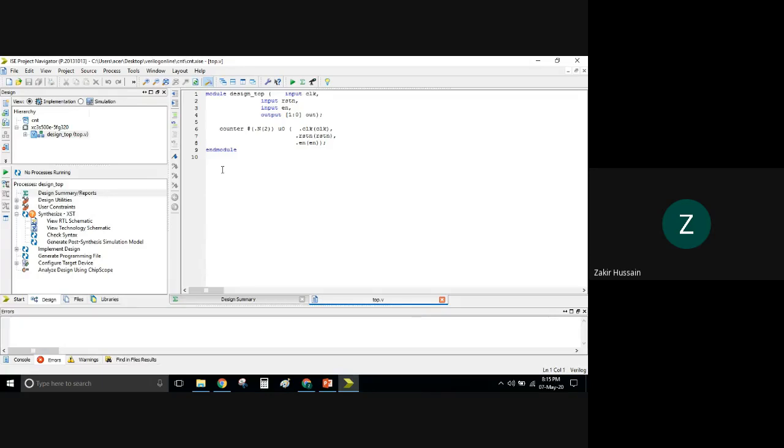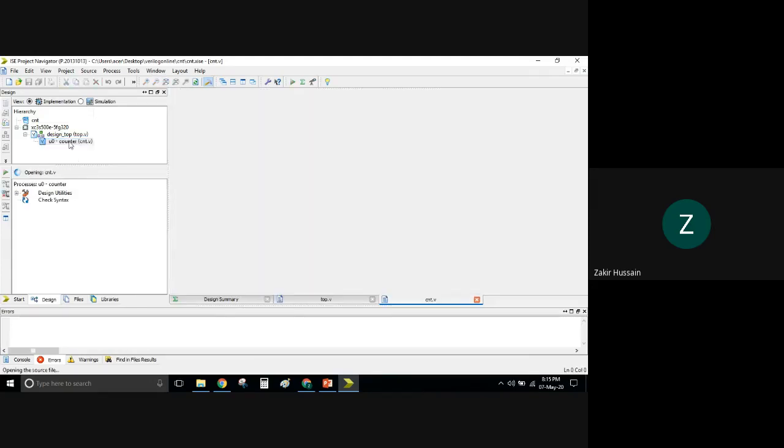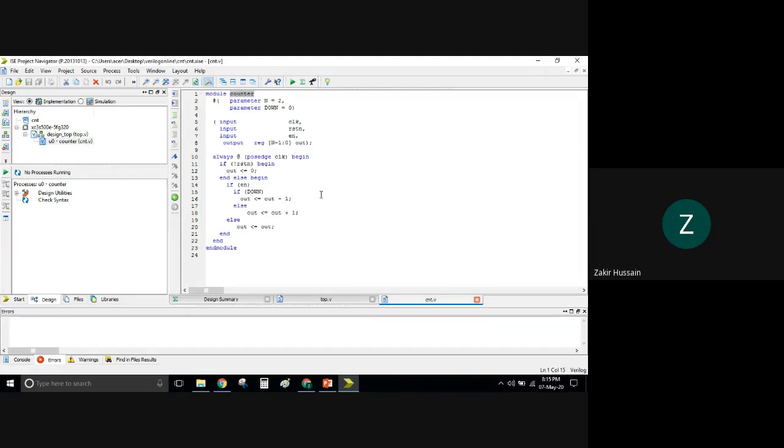What we do now. See, in this current design, in this project, that is the counter project, we have two design files. One design file is design underscore top. The other design file is the counter itself. So now the very first exercise we do is we first simulate this counter itself, because several